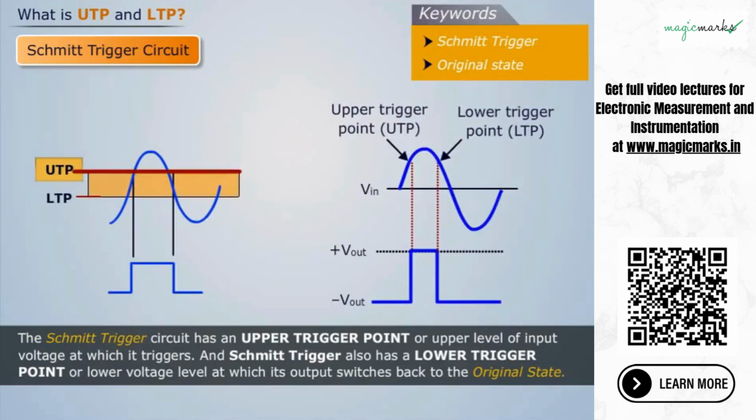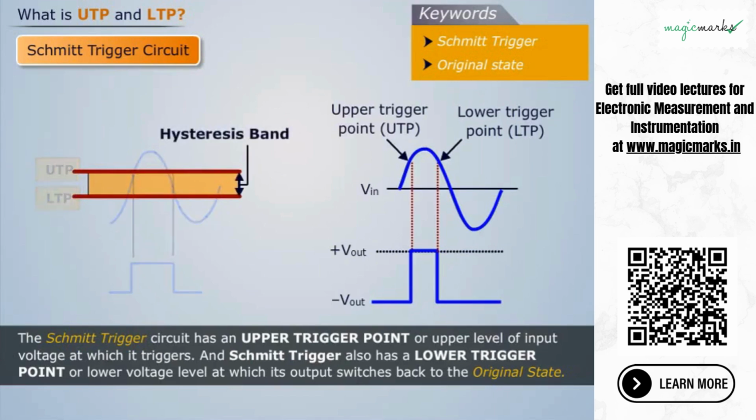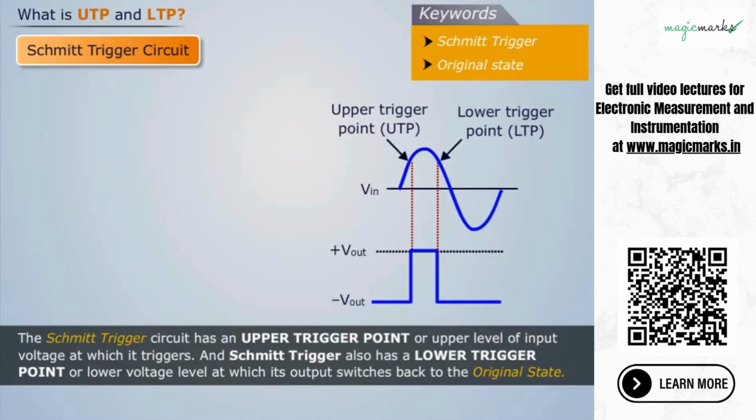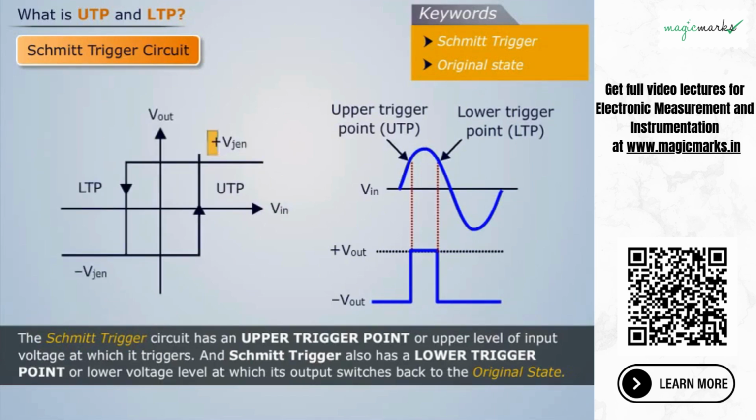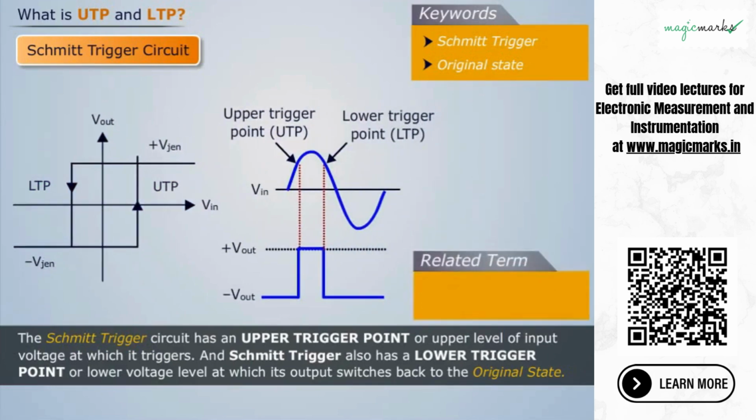The difference between the UTP and LTP is termed hysteresis. The voltages at which the output switches from plus V to minus V, or vice versa, are called the upper trigger point and lower trigger point. The related term is